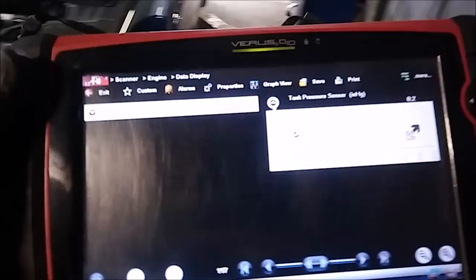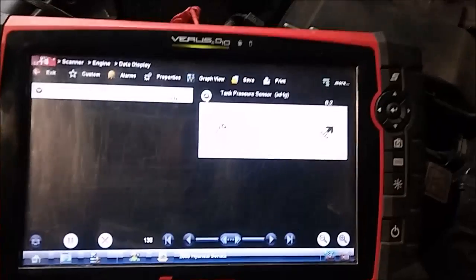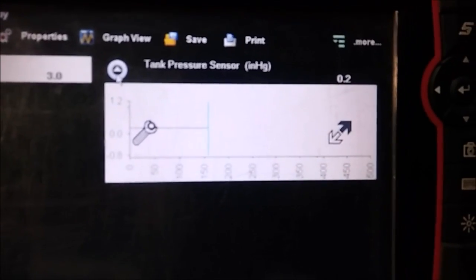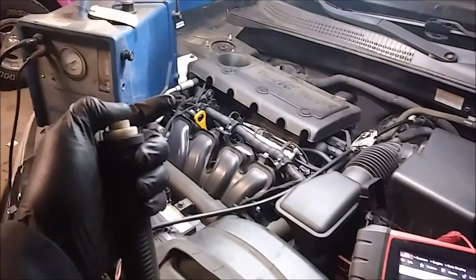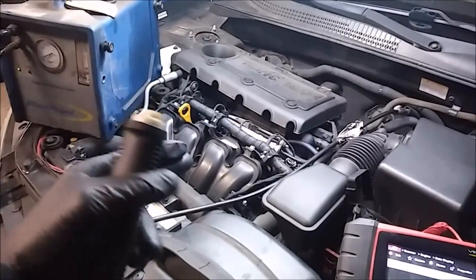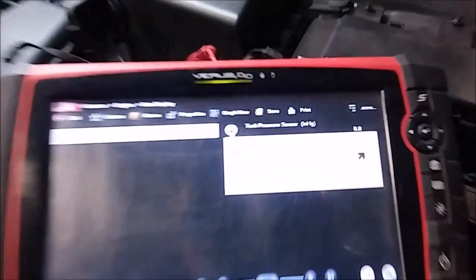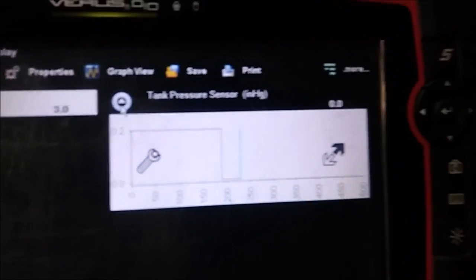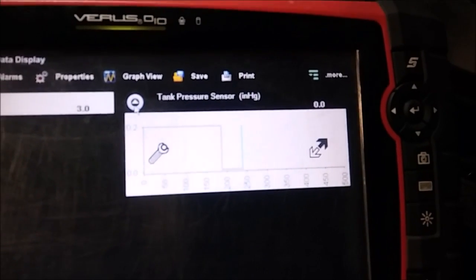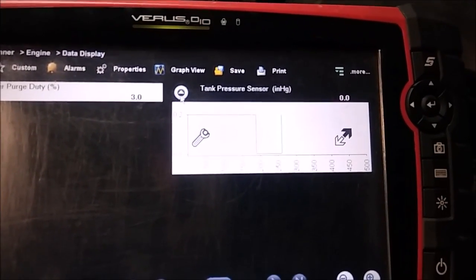While we do this test, one of the PIDs I'm going to be looking at is this tank pressure sensor number. You can currently see it's in this 0.2 range here, 0.2 inches of mercury. So all I'm going to do at this point is turn this on. Remember, we still have the vent hose going to the vent valve clamped. So I'm just going to press this, and what we should see is a response in this tank pressure data PID, and then obviously we're going to begin pumping smoke into the EVAP system. So I'm just going to hit the switch now,